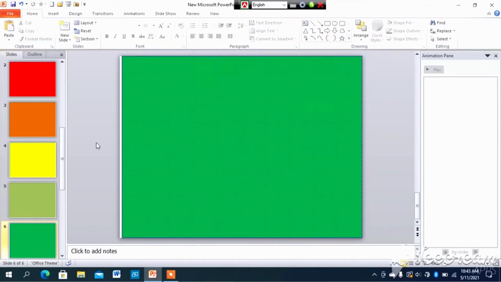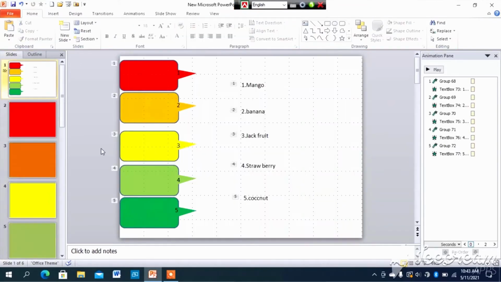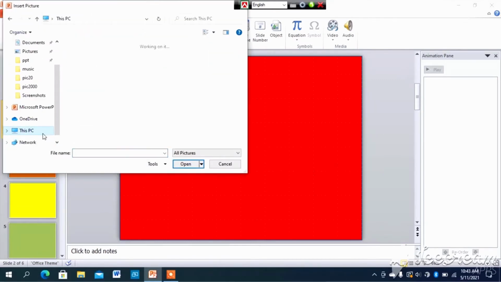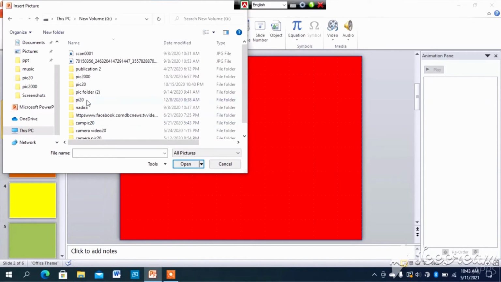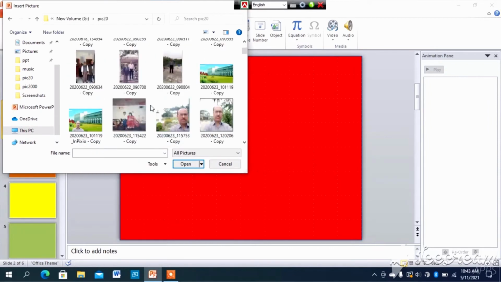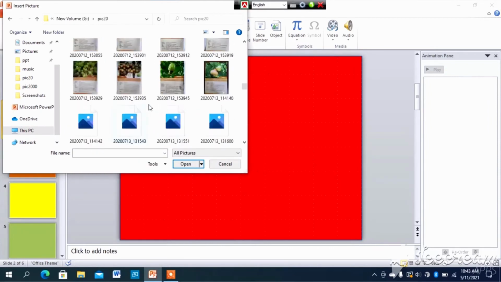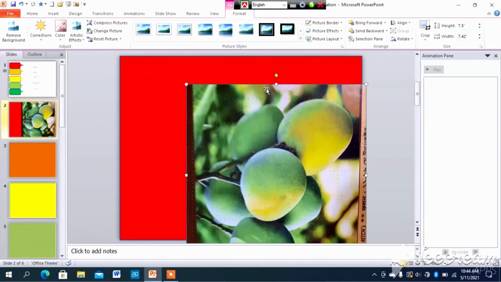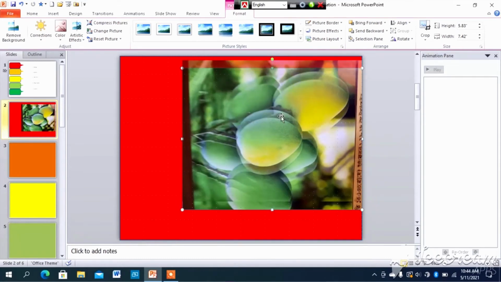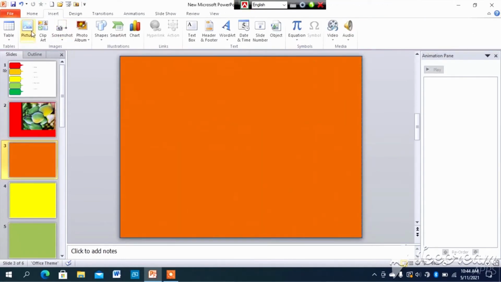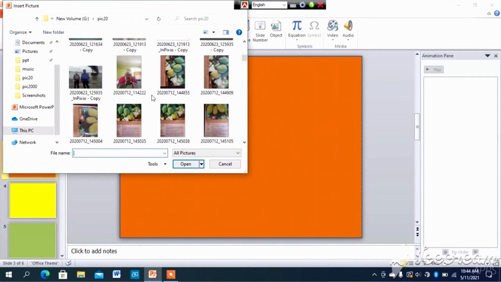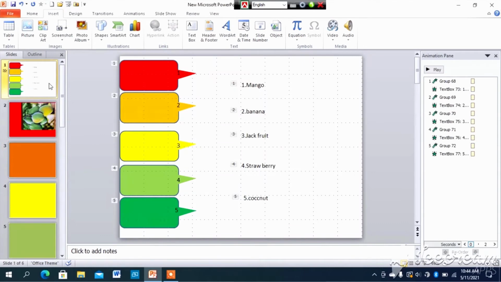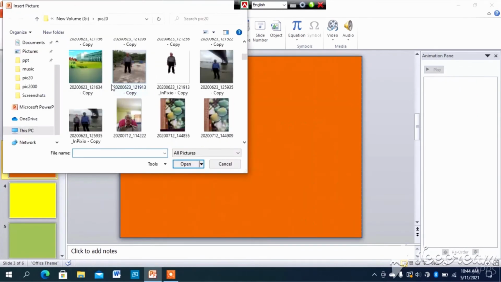And I import pictures from my computer into the slides. First I import the mango picture from my computer. Only for demonstration, I simply take the picture without any sizing.